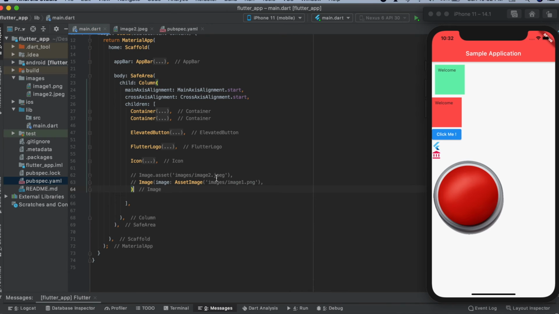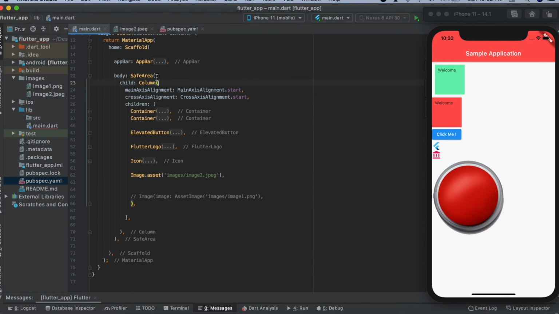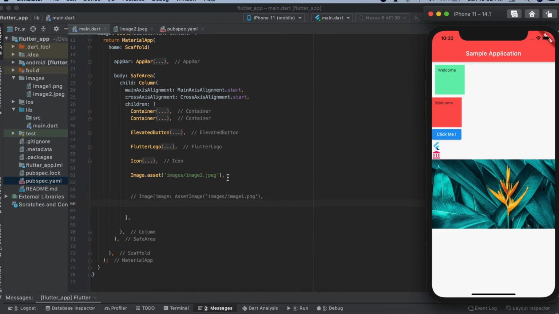Okay, so I'll use this one. What is this for? Okay, this is for column. This is not required. So we have this image.